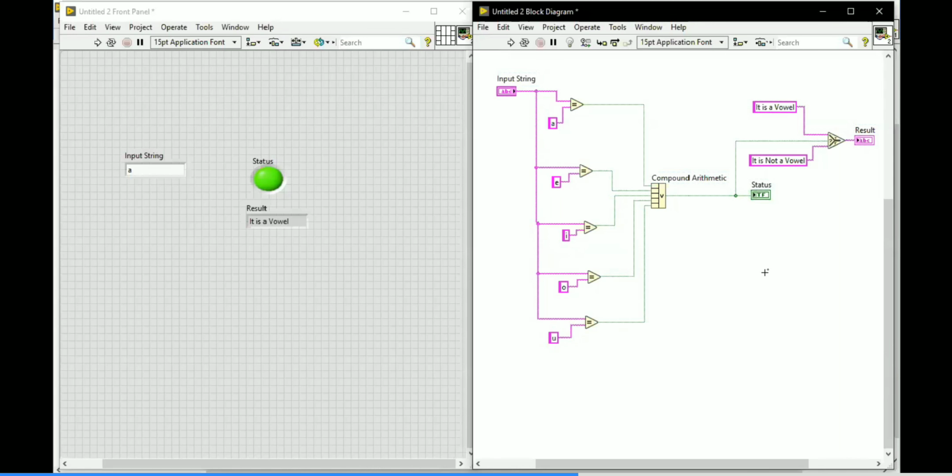The problem can also be done with a case structure. The case structure will do the same thing, but you have to put 10 cases there, rather than putting 10 comparisons, to develop the program. That also will help to do the problem. As of now, kindly go with this logic. Later you can develop the program with a case structure or any other programming methods.